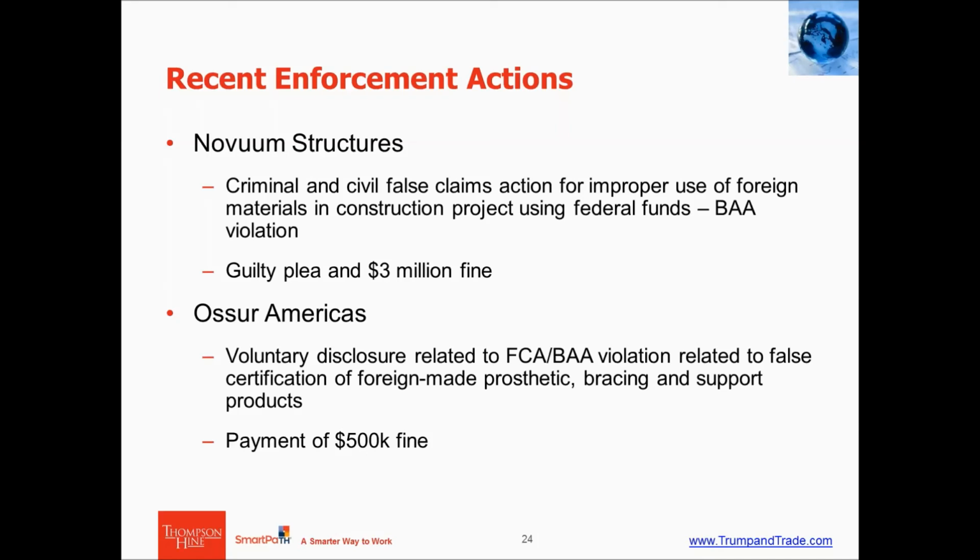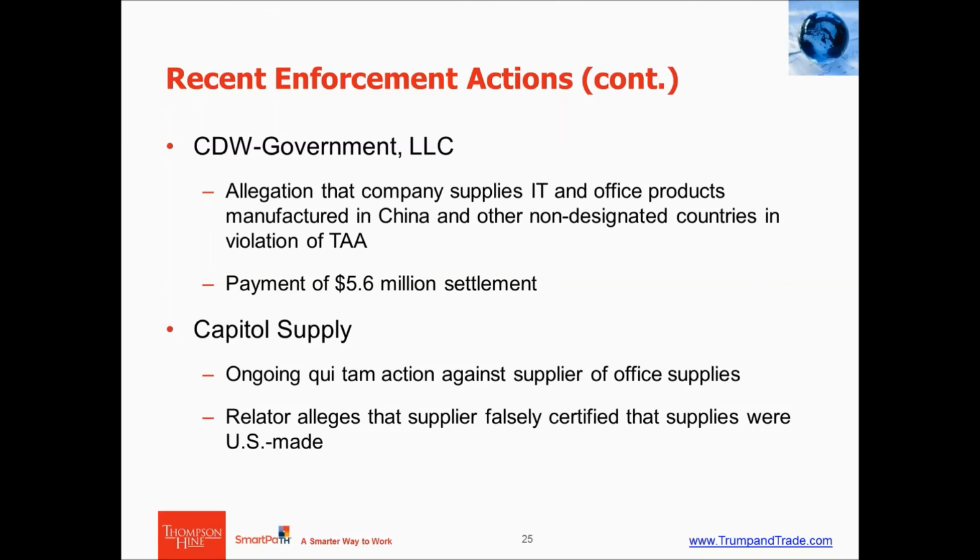One of the things that the Osser Americas company did was demonstrate that once it had determined that it had violated the BAA requirements of its contract, it instituted a number of internal compliance policies, which included coming up with institutional sales sheets for its representatives about BAA compliance, as well as training for its management on what the BAA required. Going to the next slide, I'm going to skip over the CDW case and talk quickly about Capital Supply,